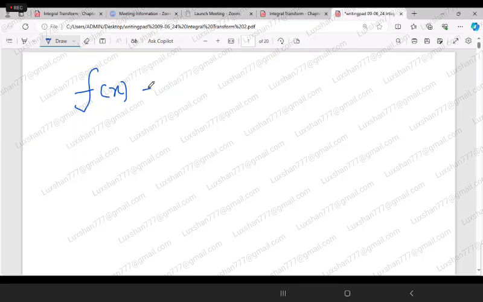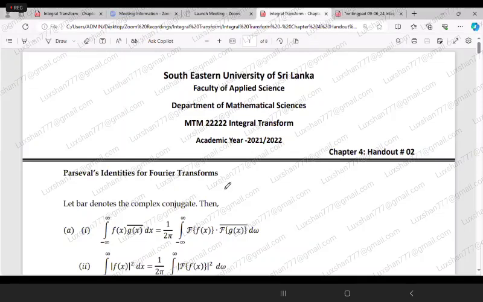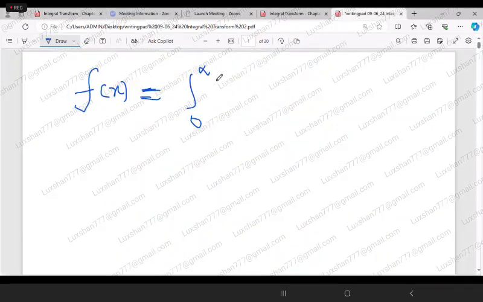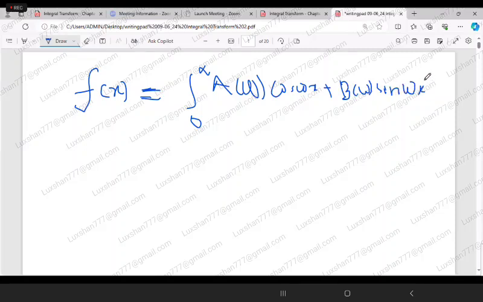It is equal to the integral from 0 to infinity of [a(ω) cos ωx + b(ω) sin ωx] dω,